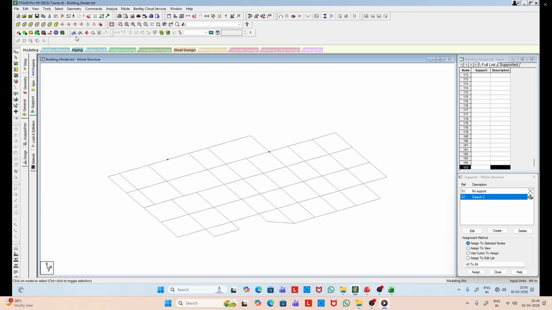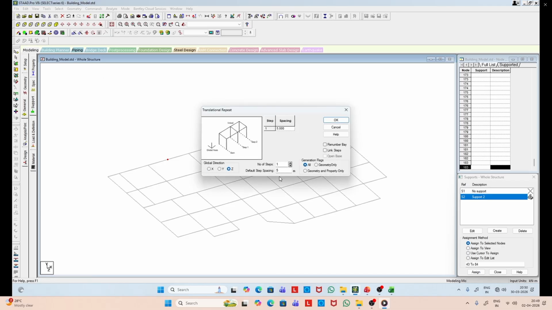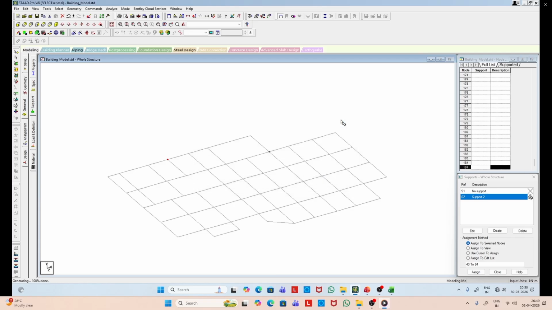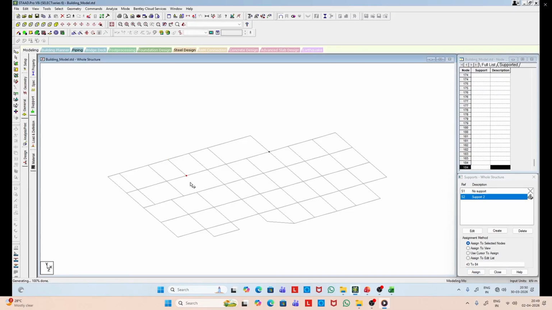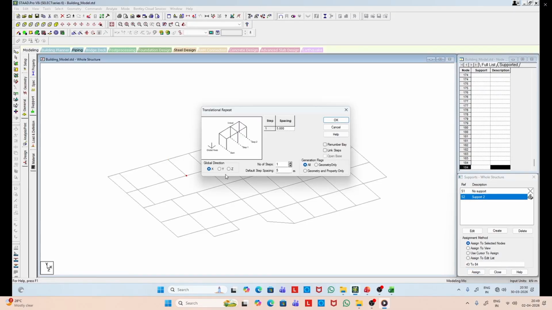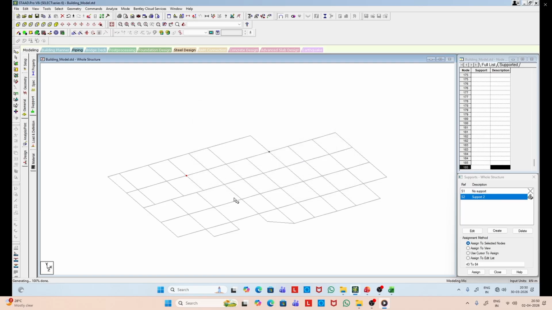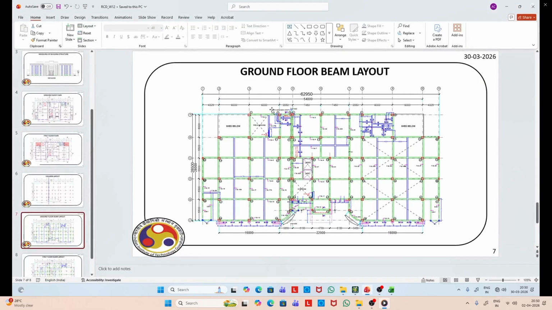So the point is created. We have to repeat it once more. These two beams are done.